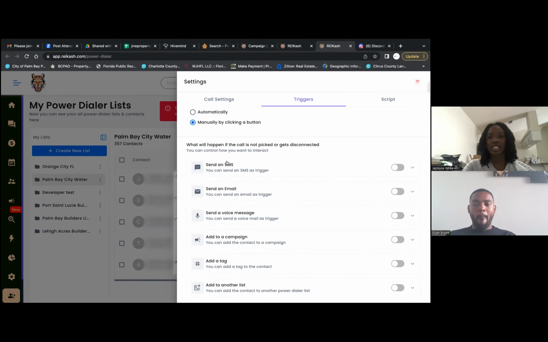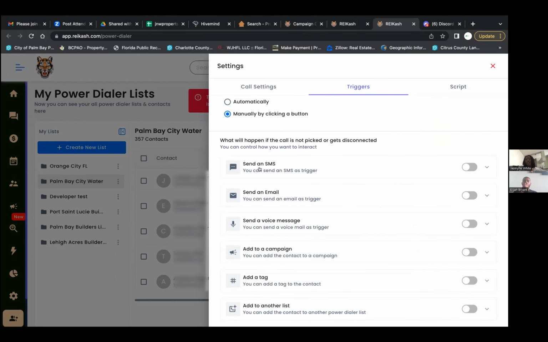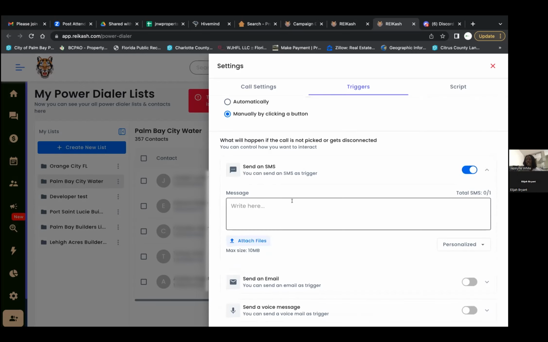You can actually set a trigger for what happens to that prospect if they don't call or the call gets connected, right? So what I like to do is send an SMS. I'm just going to turn that on. And then you can type in a personal text message that you want to send to that prospect or seller if they don't answer your phone call or if the call drops, right? So, I can put in something like,